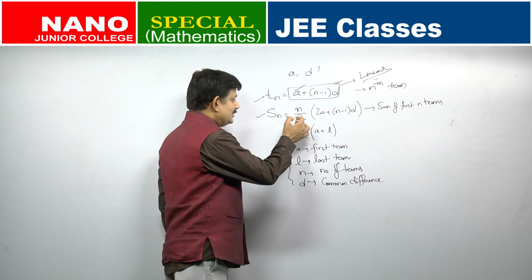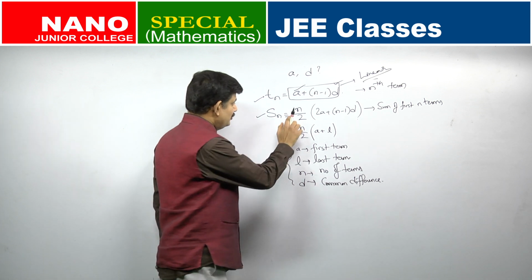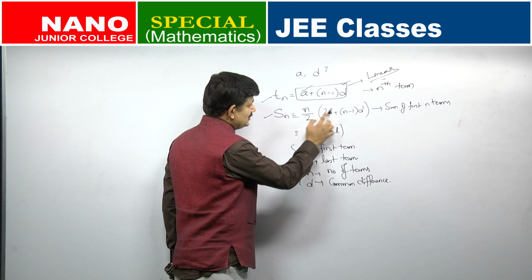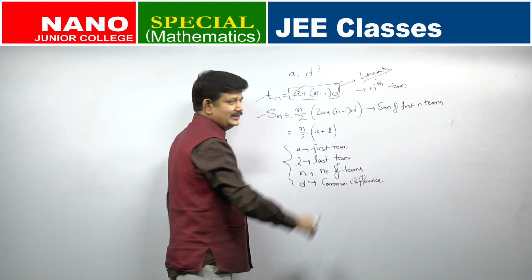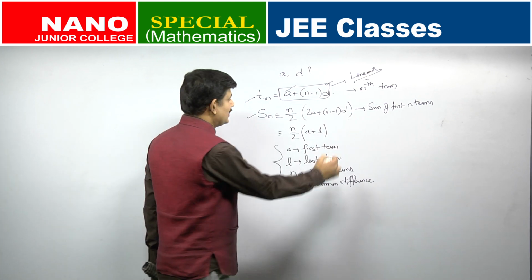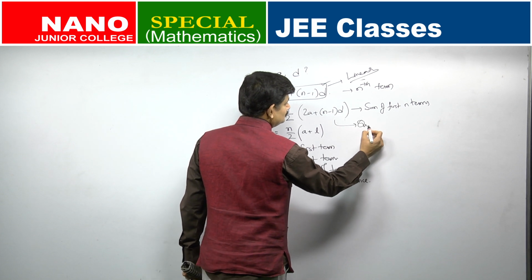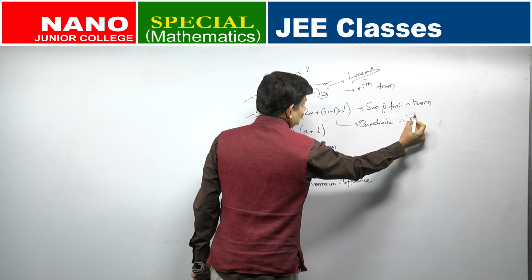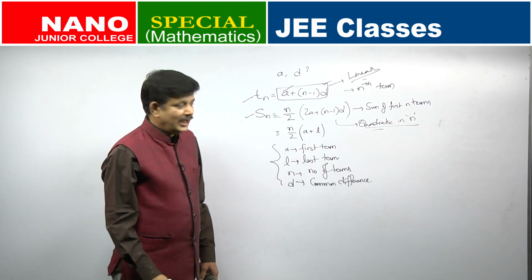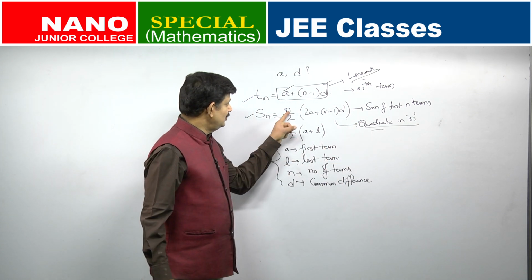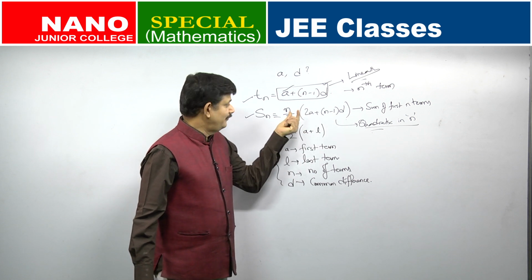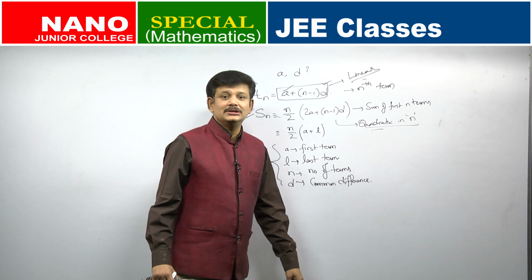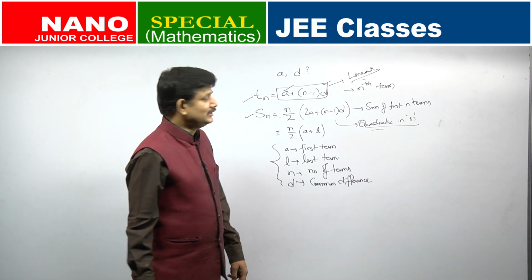Okay. And S n, if you observe, when you multiply, a n, the 2 gets cancelled, and n square d. So, this is a quadratic in n. And is there any term without n? This is n into something, so every term will contain n. So, in this quadratic you will observe that there is no constant term.